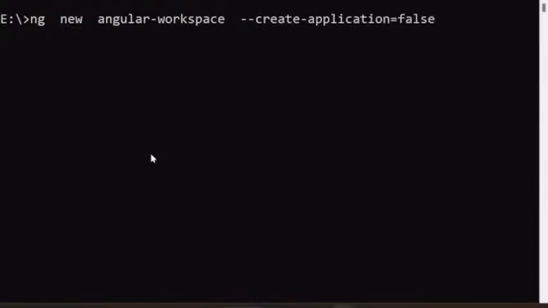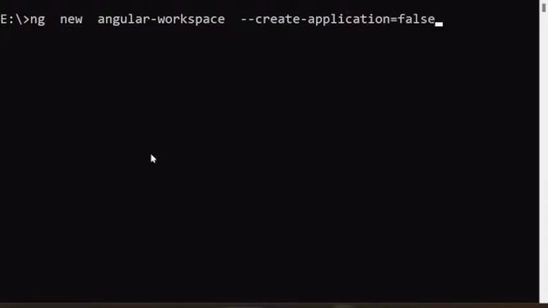This is the location. And here, what you have to do is you have to run a command called ng new. Here we have the workspace name, Angular workspace. And we have to give create-application equal to false.